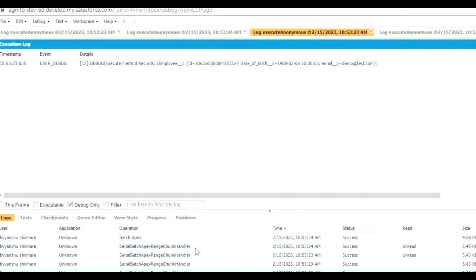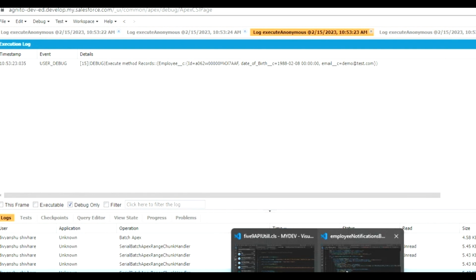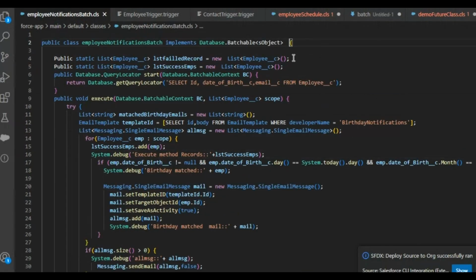So the batch will be split into chunks. So here, if you apply this Database.Stateful over here,